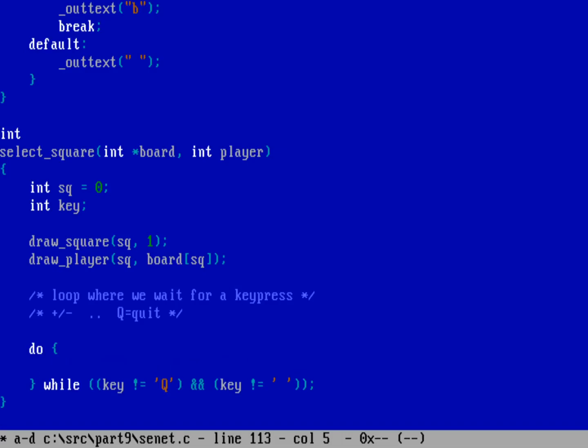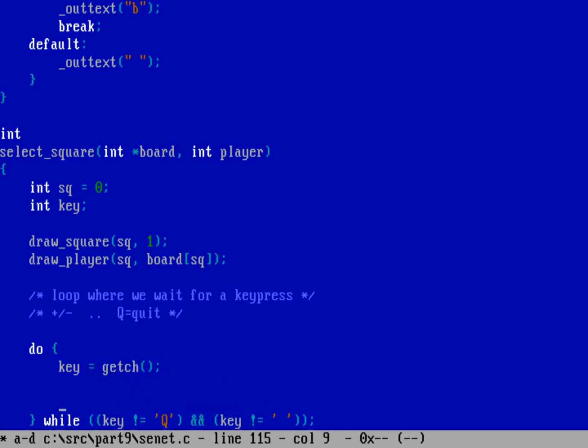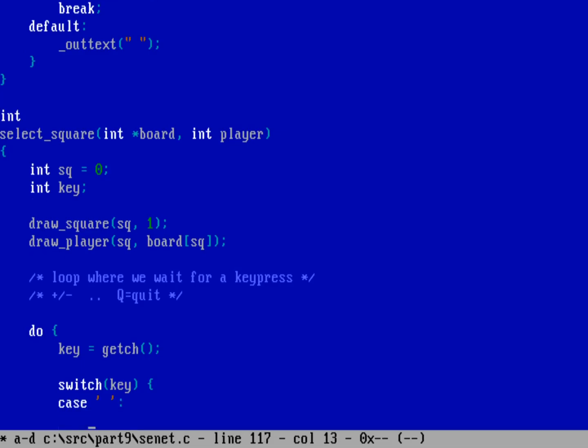So in this do loop, let's go ahead and, we need to read the key from the keyboard, so we'll do getch, oops, key equals getch, and we'll go ahead and do a switch on the value of key. So what am I doing in there? All right, so what are the different things I can have? Well, let's say I've found a square that I want to move on. So that could be, I might have hit the space bar. So case space,